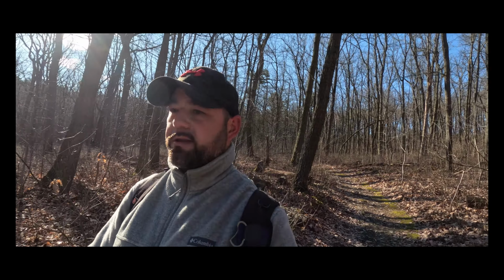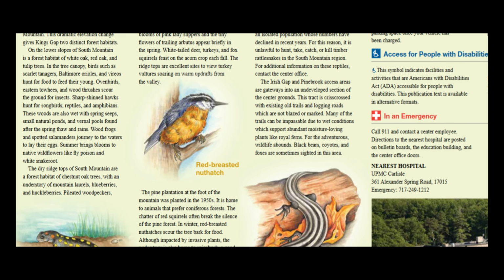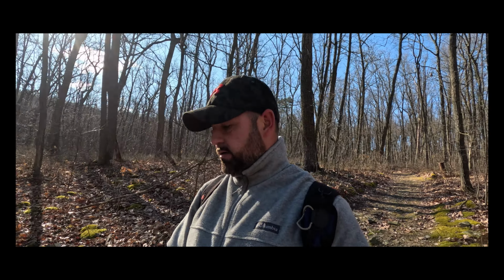All right, so according to the park brochure, which, as I've told you in the past, Pennsylvania has absolutely the best and most comprehensive park maps and guides of any state I've been to. But it says that in these drier upland forests, common bird species are woodpeckers, specifically pileated woodpecker, brown creeper, eastern wood peewees, and kinglets. But it's been very quiet out here, and I haven't really heard much bird life, and